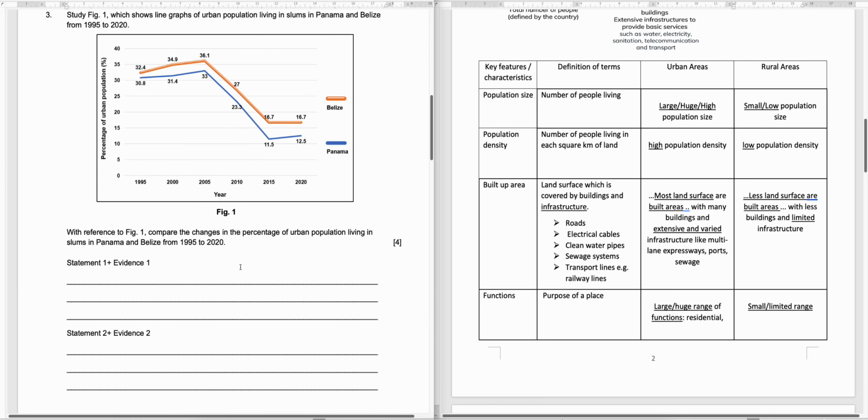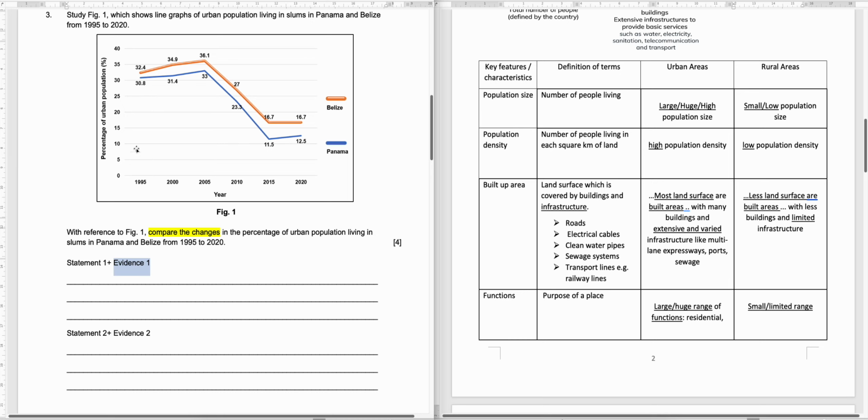Question 3, you're supposed to compare the changes. We have learned about changes, remember? From overall, is it an increase or decrease, by how much? Do they both decrease? Do they both increase? Are they changing at the same rate? And don't forget to provide the evidence as well. Make sure you find the difference in